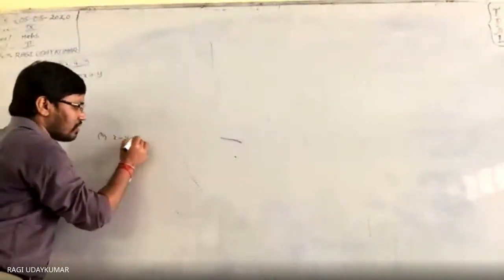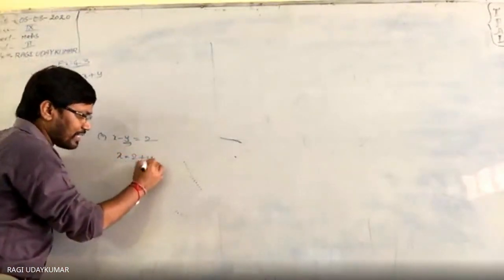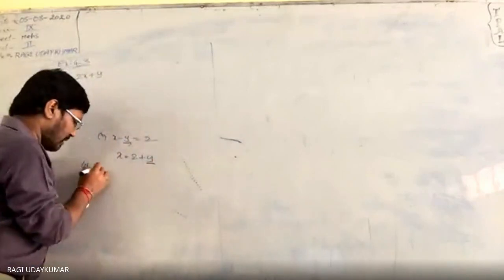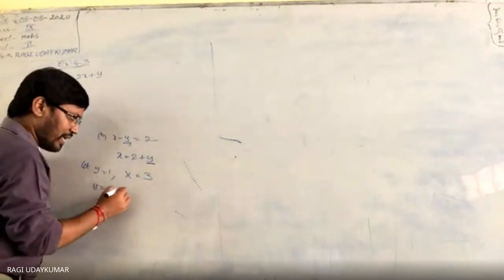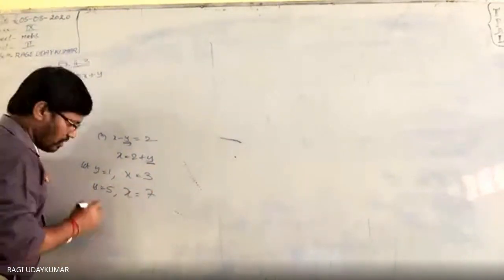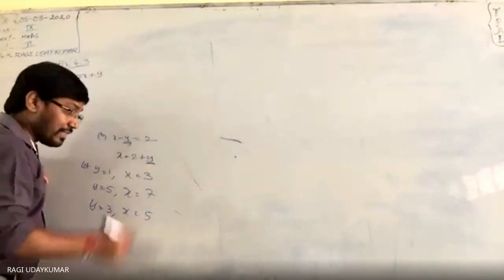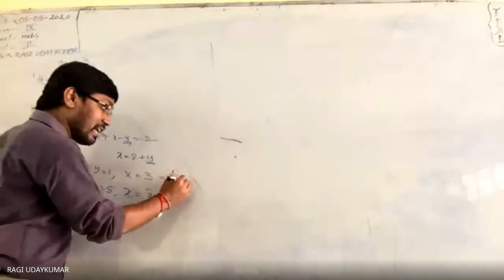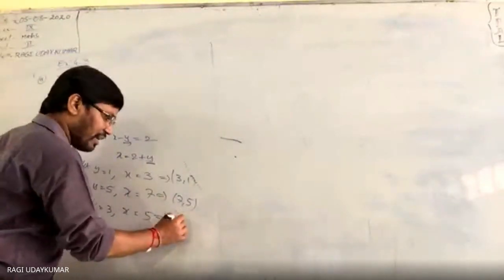But do remember second problem देखो x minus 1 is equal to first value. ये y को उधर लेके जाओ x is equal to 2 plus 3. अब you consider y any number. Let y is equal to 1, so x is equal to 3. Y is equal to 5, x is equal to 7. Y is equal to 3, x is equal to 5. Then the points क्या होगा? 1 comma 3 point नहीं है. The point is 3 comma 1. Here the point is 7 comma 5. And here the point is 5 comma 3.